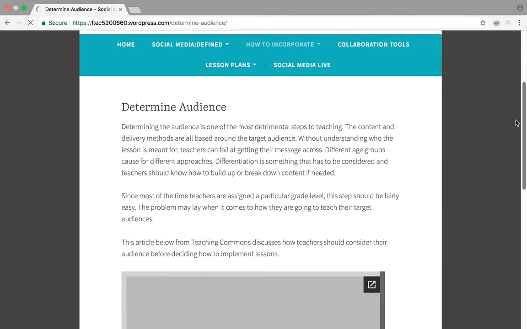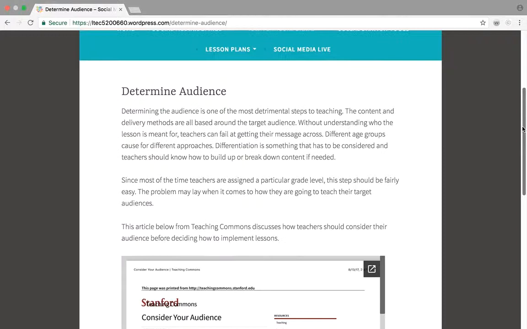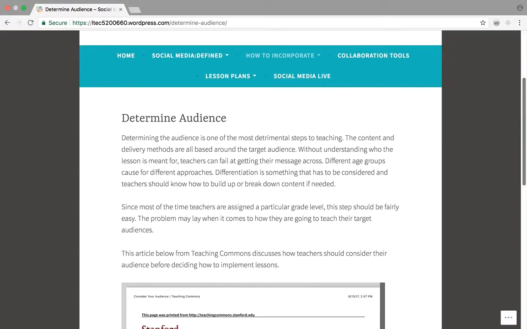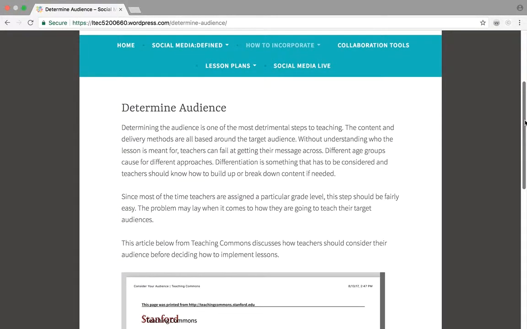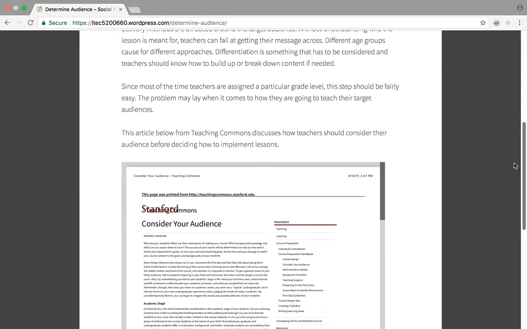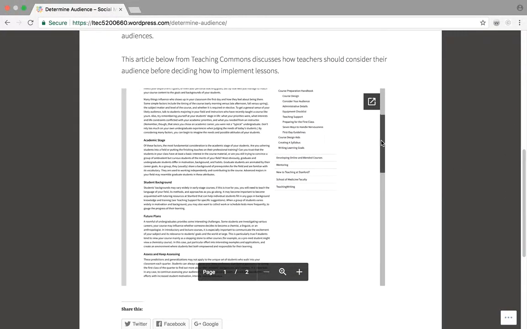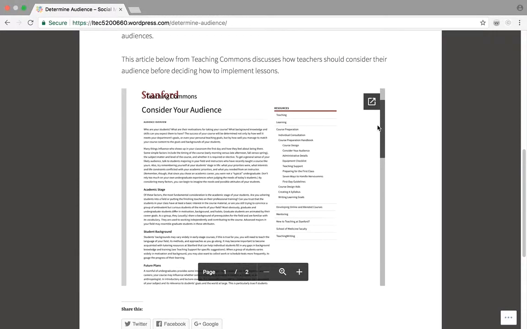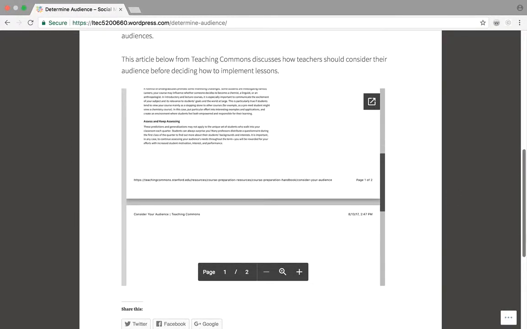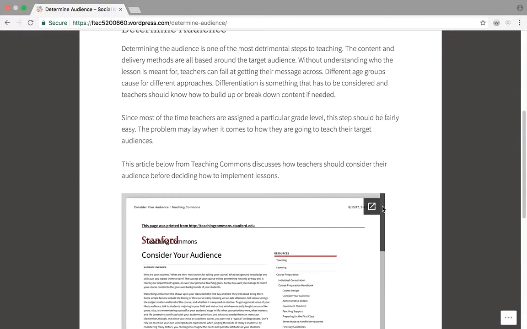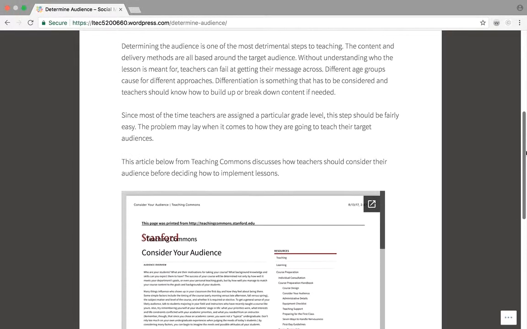Also, determining the audience. Determining the audience is very important when it comes to lesson planning because you have to know which audience you're trying to reach. This helps when determining what kind of content to look for, what kind of materials to look for, how to plan everything, and things of that nature. I include an article which kind of talks about how teachers can figure out their audience and then deliver the content to them in an appropriate manner. And I uploaded this in Google Docs to use the embed tool that WordPress works with.